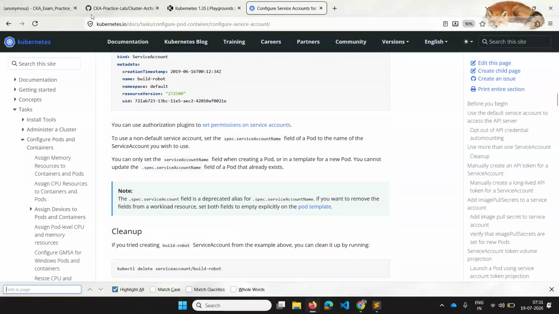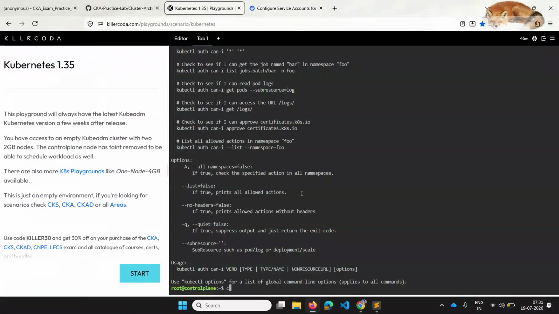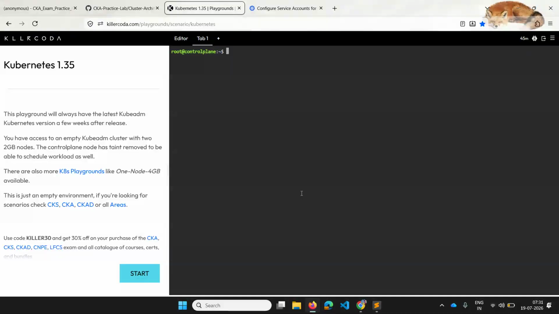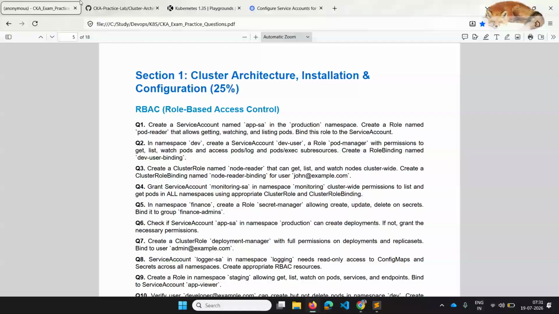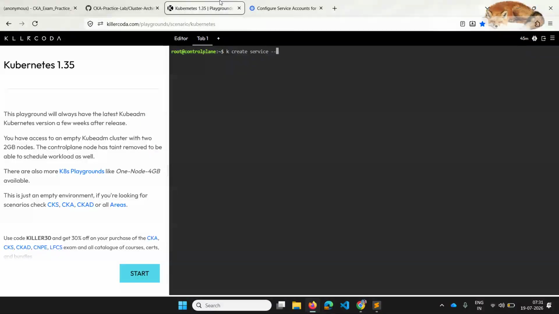What I did is search for an imperative command using hyphen hyphen help. So first I will use kubectl create service account,